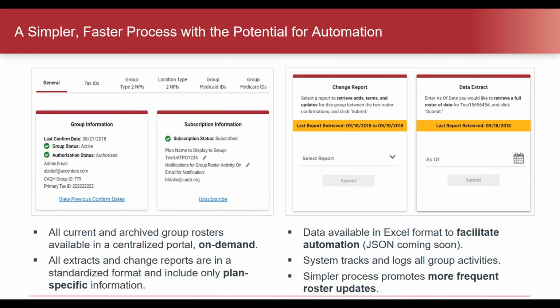Okay, and then there was one other question about whether there are any states that have subscribed as a group to post their Medicaid provider rosters. It's a great question. So we have not had any states as part of the beta process. So with market launch today, we certainly plan to go out and encourage as much adoption as possible to make this a one-stop shop for all plans and all groups. But certainly we'd be excited to talk to you about that if you're one of those states interested. Okay, great. So we're getting quite a few questions. So I think we're going to continue with the presentation, but we will definitely leave time at the end to address additional questions.